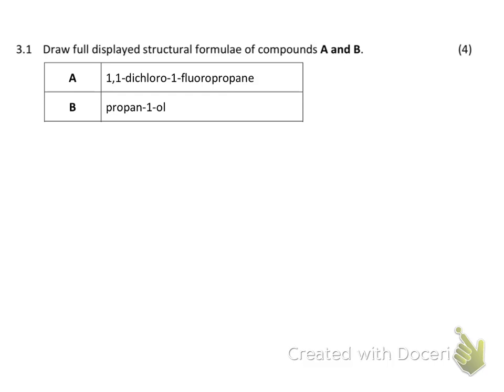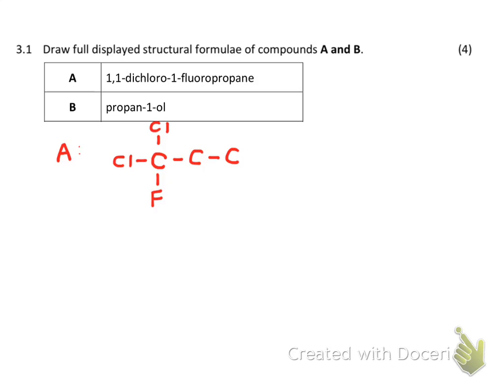All right, let's work through question 3. 3.1 asks for the full displayed structural formula of compounds A and B. Let's start with A. Its base is propane, and so let's start with a 3-carbon chain. Then it's got 1,1 dichloro, so 2 chlorine atoms on carbon number 1, and 1 fluorine atom on carbon number